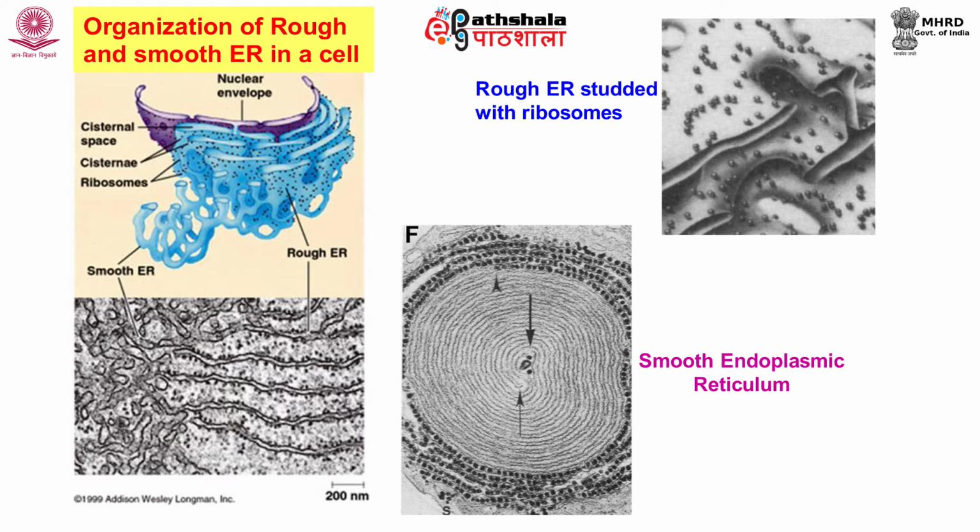The ultrastructure of ER, as you can see in the slide, has been visualized by electron microscopy. Rough endoplasmic reticulum is studded with ribosomes, so it appears more granular. It mostly has tubular appearance, whereas smooth endoplasmic reticulum is more complex than rough endoplasmic reticulum and is more dilated and convoluted. Rough and smooth endoplasmic reticulum show different membrane compositions.